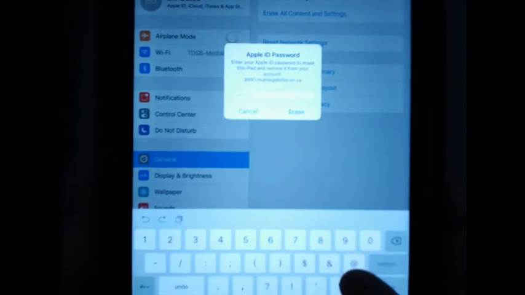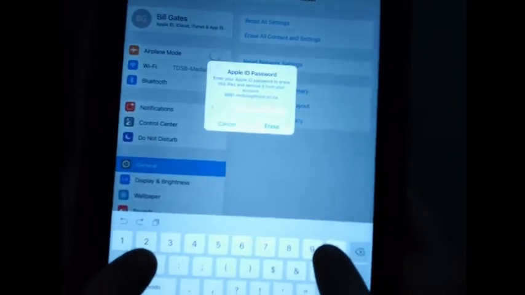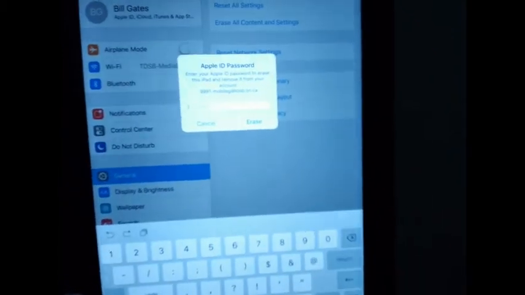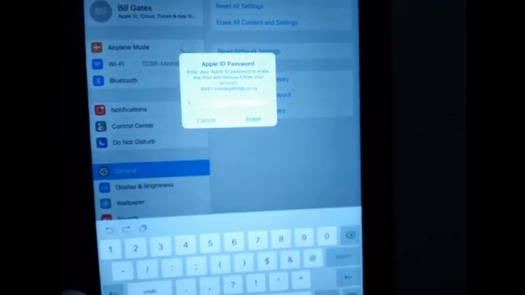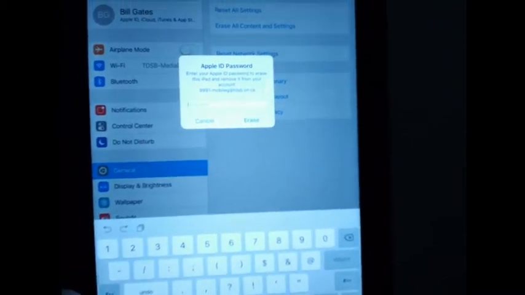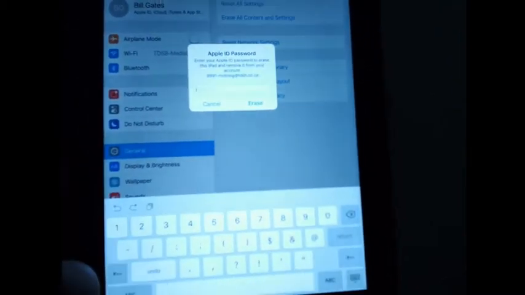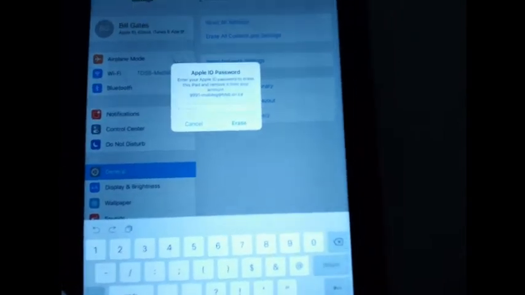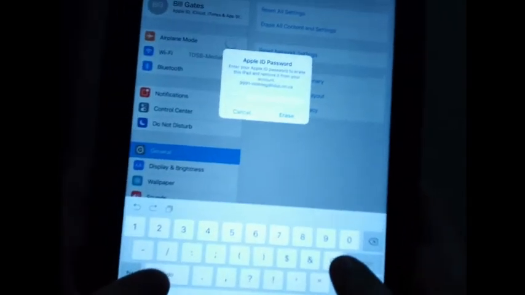So when you go to sign out, you do need to type in the password, as you can see here. And if you don't know that password or you don't recognize the Apple ID that's there, then basically you're gonna have to log a ticket with us so that we can get the process rolling to get that iPad recovered. Because Apple will actually need to manually take that iPad off the iCloud account that's got that turned on.